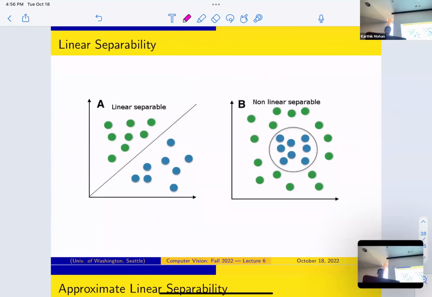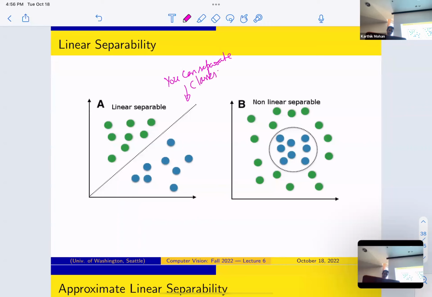Okay, so the other concept with classification is the concept of linear separability. Linear separability refers to the idea that you can use a hyperplane to differentiate between two classes. I can use a hyperplane to say this is spam or this is not spam. Or I can use a linear hyperplane to say this is iris1 or iris2 or iris3. That's the assumption. So in linear separability, you can separate